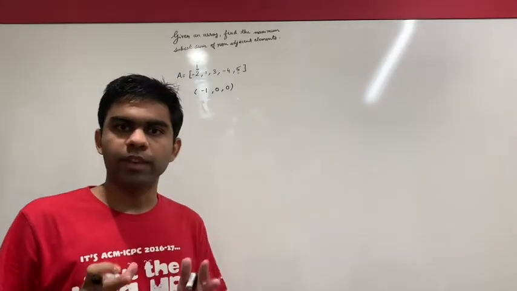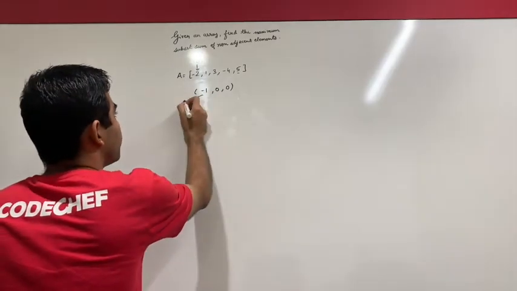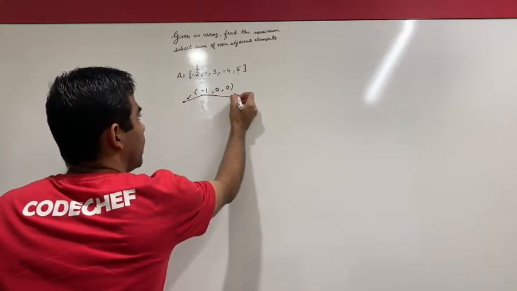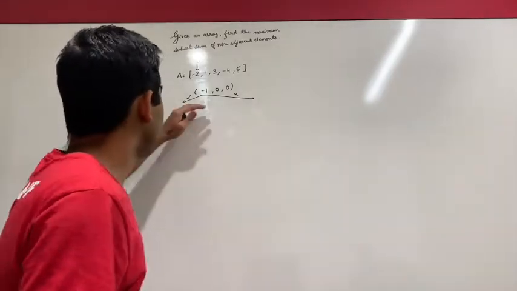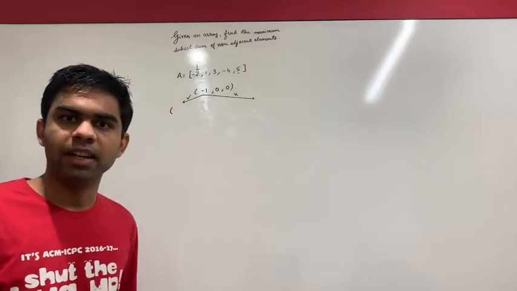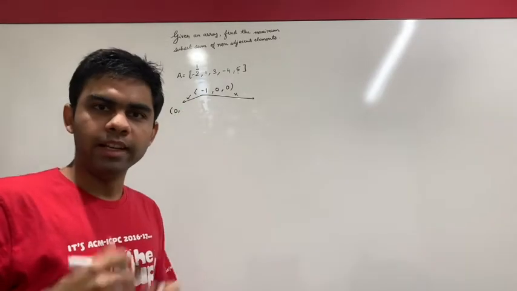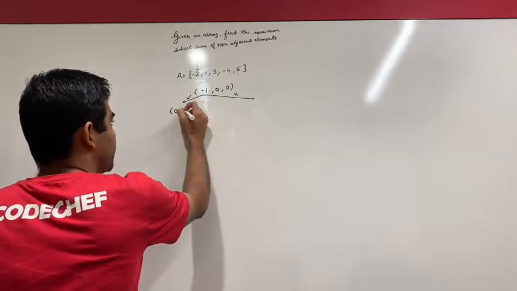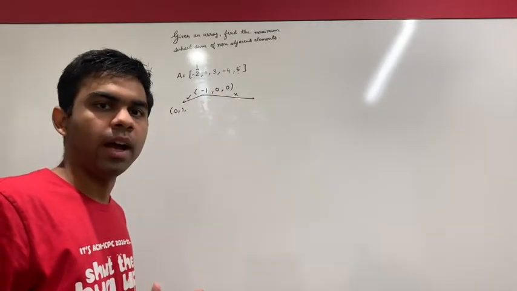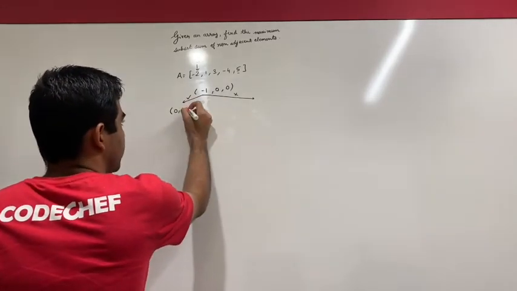So now for -2, what possibilities do I have? I have two possibilities: I can take it, or I can reject it. If I take -2, what will be my last taken index here? Yes, you are right, it will be 0. I'll increment my current index, which will be 0 plus 1 is 1, and I have chosen the element at index 0, so I'll add -2 to the previous sum, which was 0. So 0 plus -2 is -2.